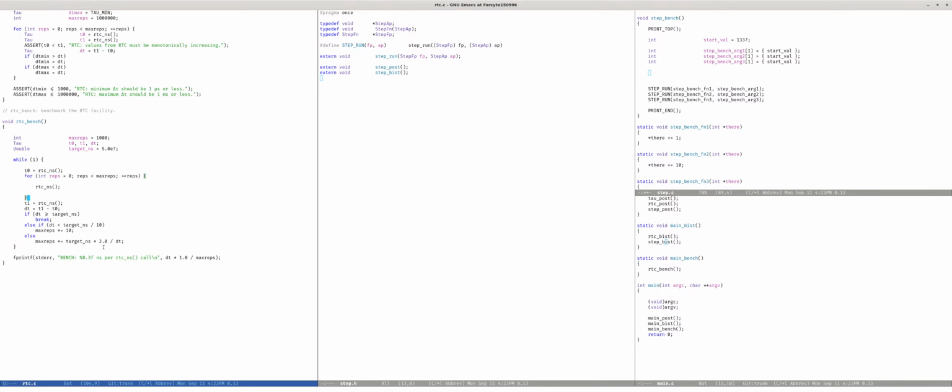There's some key logic over at RTC here, which basically increases the number of reps until we've gone on long enough. Now, what I really want to do is take this entire framework and repeat it for something in here, but we're going to do that over and over again. So what I'm going to do,